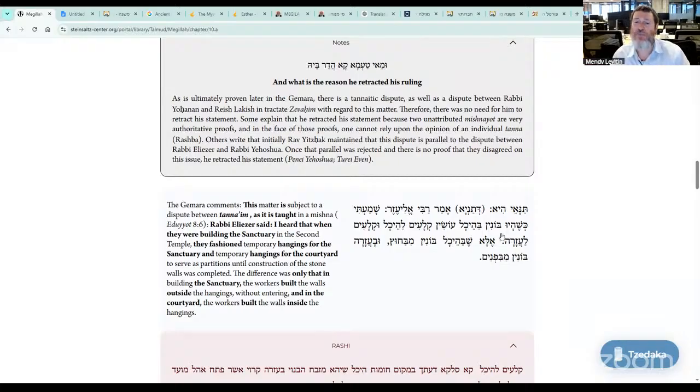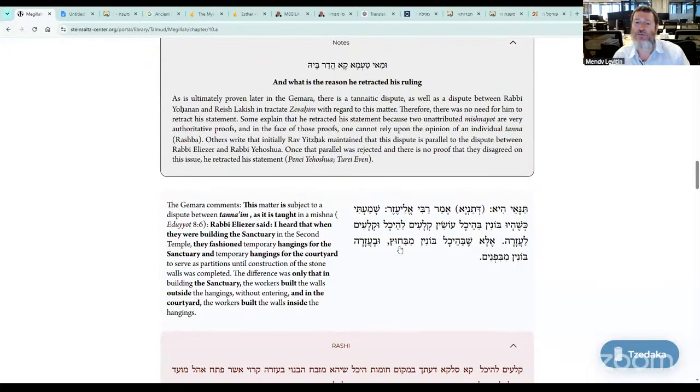So Rabbi Lezer said, Shemati, I heard, how did they build the heichal, the sanctuary? Aisim kloim laheichal. They made curtains for the heichal. Ukloim lazar, and then they built another boundary of curtains for the Temple Mount, meaning where the temple space was, the courtyard. So the courtyard had its curtains, and the actual heichal sanctuary had the curtains, but there was what we call ki'ilu. It was an idea. It wasn't real. It wasn't a real temple.